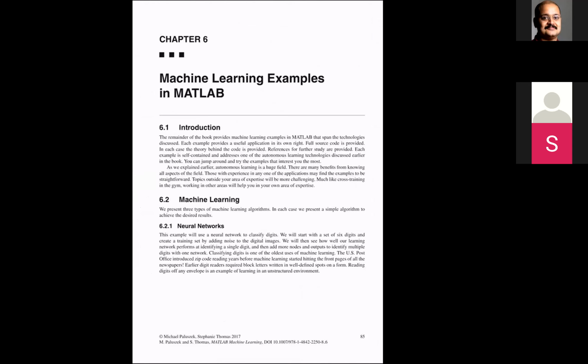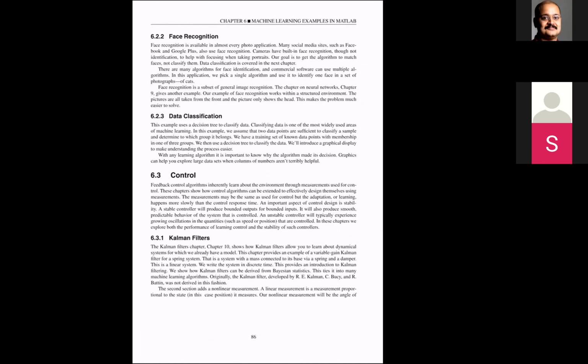So in this chapter, what the author has given is snippets of code wherein he has implemented neuron, convolution, pooling, all those codes inside MATLAB. So rather than using the MATLAB toolbox, if you really want to see how the variables get processed or what operations are performed, then this is the toolbox that the author has developed. And the zip file that I gave you includes all the codes.